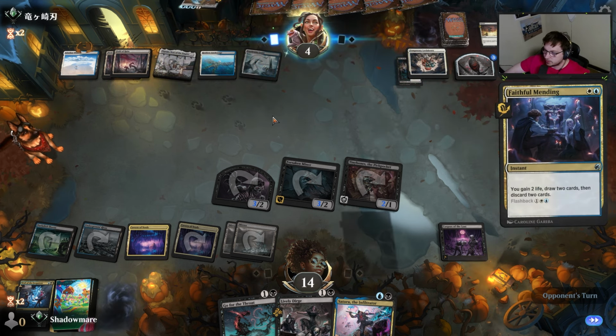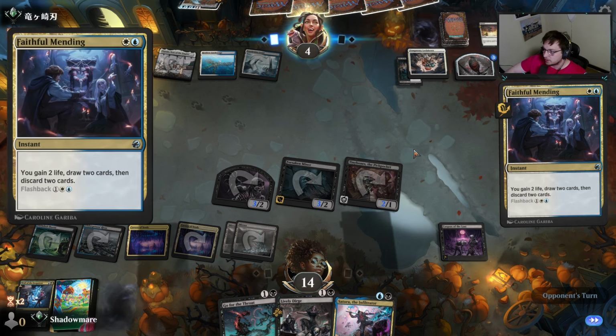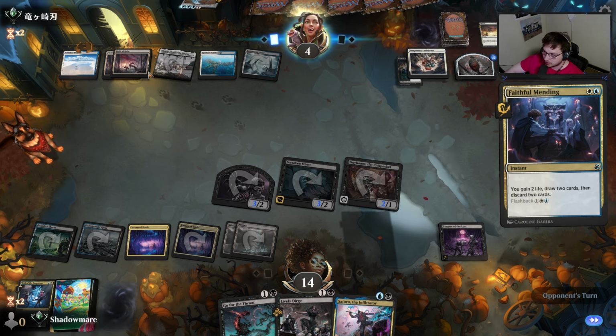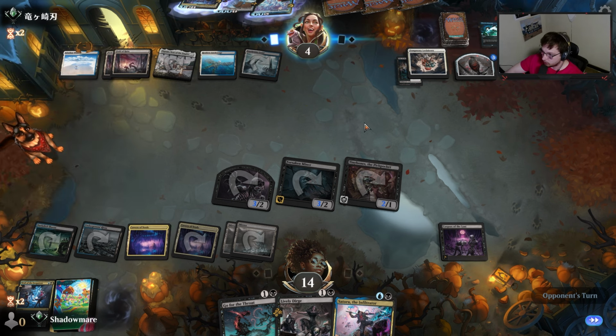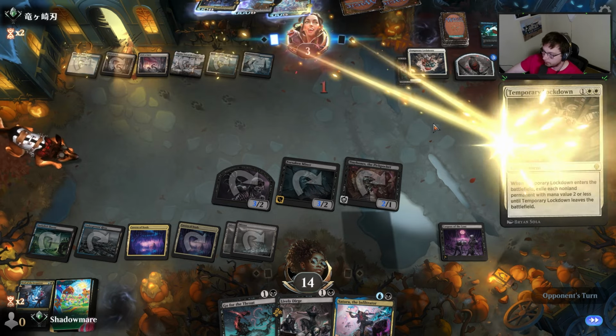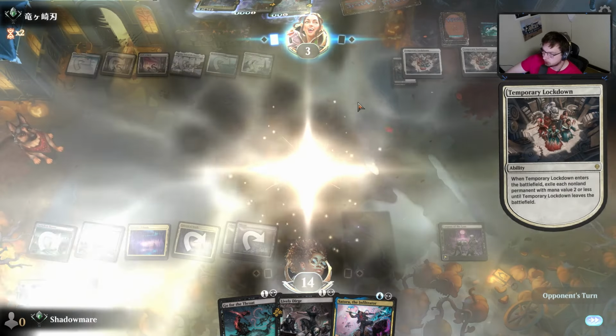Faithful Mending keeps them alive. Maybe, but they gotta watch, because using the blue and white here makes things very complicated. Another whale is incredible, because if they say temporary lockdown me here, I can then bounce it and then bring all these back. If I draw the whale, but them being at 3 and being tapped out, I win regardless. So